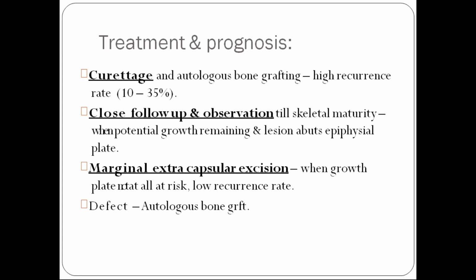So treatment of this tumor, in most cases they do curettage and autologous bone grafting. For autologous bone grafting, we can take some bone graft either from the iliac crest of the same patient, or you can harvest bone graft from the head of the femurs, which are stored in a refrigerator, which we call a bone bank. After skeletal maturity, we need to follow up the patient because sometimes it may be confused with chondrosarcoma, so it may spread rapidly. So we need to have a close follow-up. And